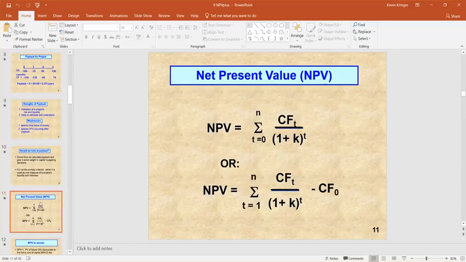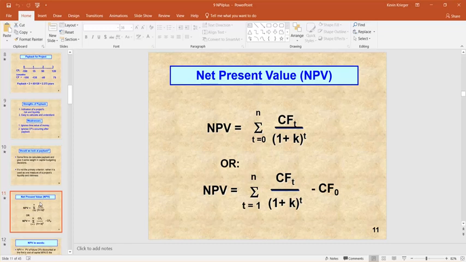The net present value. The net present value is probably the primary decision criteria, the number one tool in the toolbox, if you will. With the idea being that now we are going to take time value of money into account. We're literally going to get the present value. That's the reason it's called the net present value. We're going to get the present value of all of the cash flows tied to a project. And when they're all in present value terms, you can throw them all into one soup at the same time, and correctly have dollars from time 6 balance out dollars from time 2 or time 0.